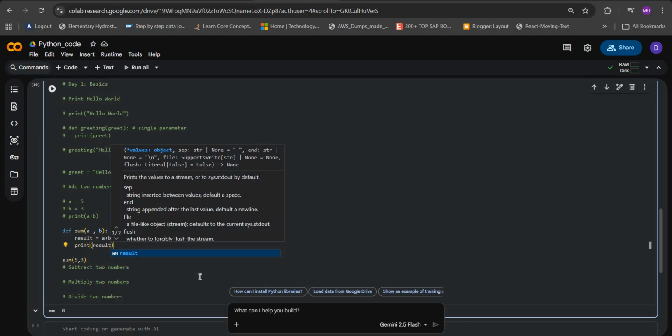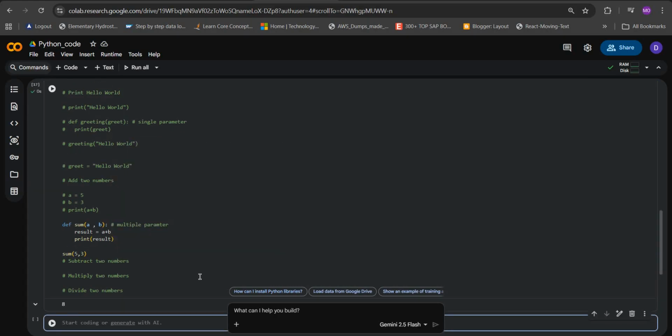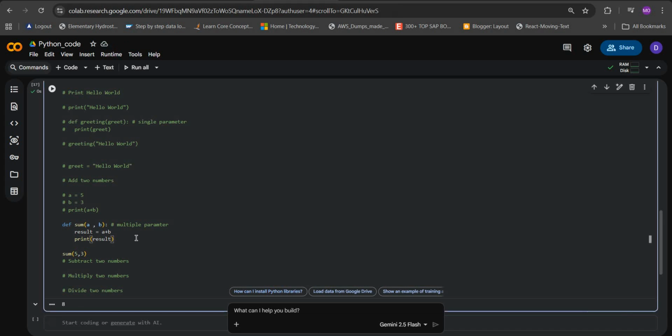And then if I click on shift plus enter, I receive the same thing. You can solve and give the solution in this form also. Now one thing, I got a result as 8, but I want something like 'my result is 8', 'addition result is 8'. So what you have to do